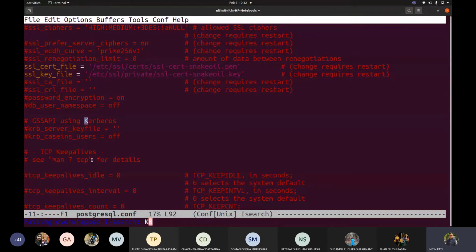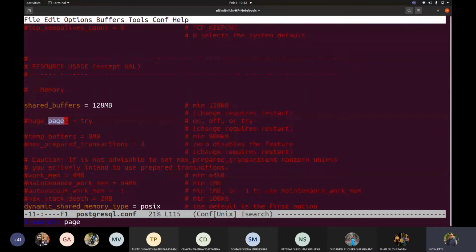If I talk about page, Ctrl+S, page, right? So it says minimum 128 KB, correct? There will be definitely temporary buffer would be 8 MB, wherever exactly your things are.